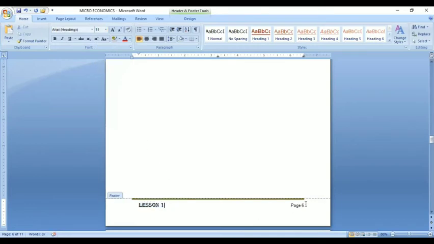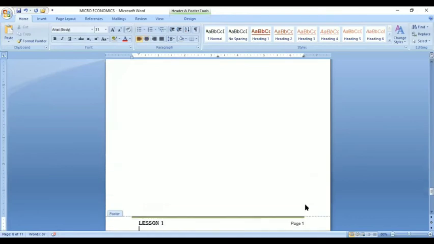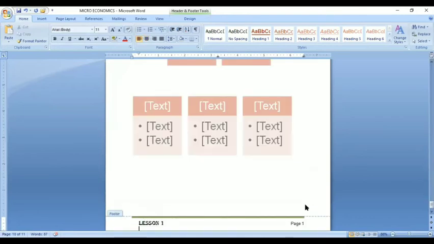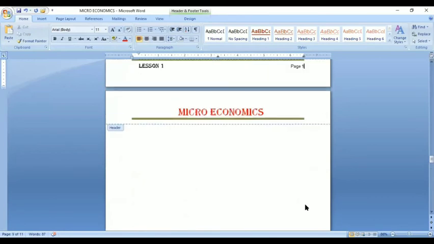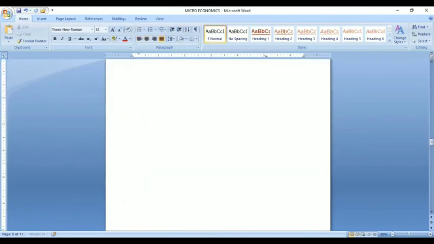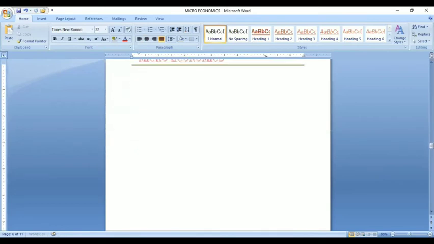Okay, this is page 1. This is page 6, it is given. I am giving page 1. Okay, see, you have selected the footer, you have changed the lesson name. Now in all the pages, however many pages there are, if you give enter, in all the pages it will change. From the first, we will see. Now you can see the header and footer in all the pages.